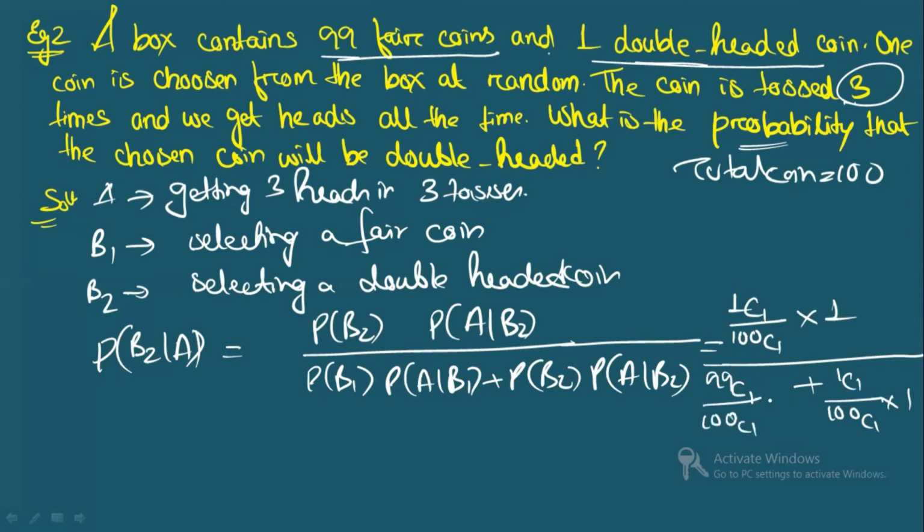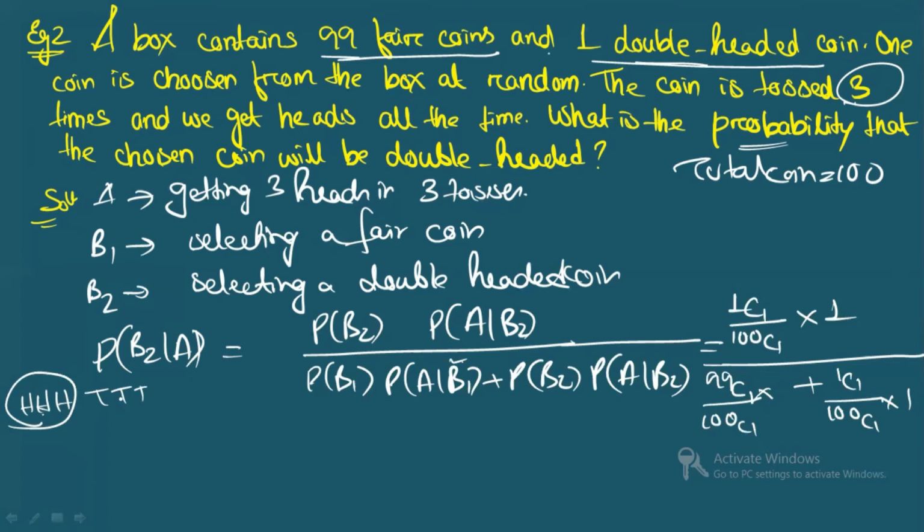Total is 100, combination 1, same. Okay. Now you see in case of a fair coin, we will see how many outcomes will have 3 heads. When you are looking at a fair coin, its outcome is either 3 heads or 3 tails. So there is only one outcome which has 3 heads, and the total outcomes for a fair coin is 8.